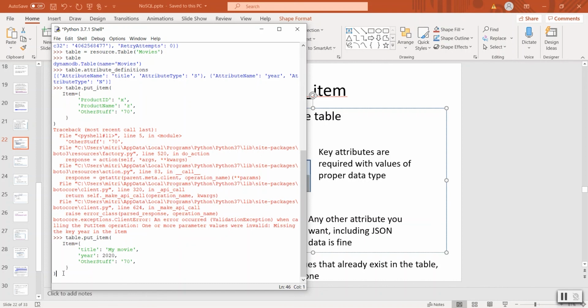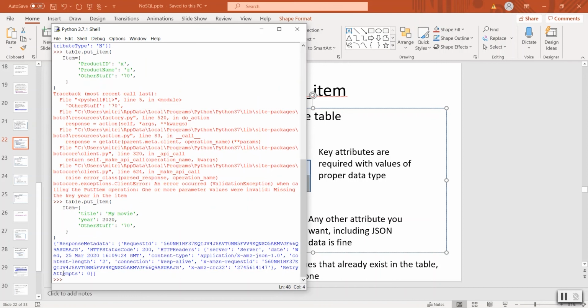And now I'm going to do it, and you will see that it's done that insert. As a matter of fact, I don't know if it's going to catch it right away. I've noticed that sometimes it doesn't catch it right away, but let me see if I can say client